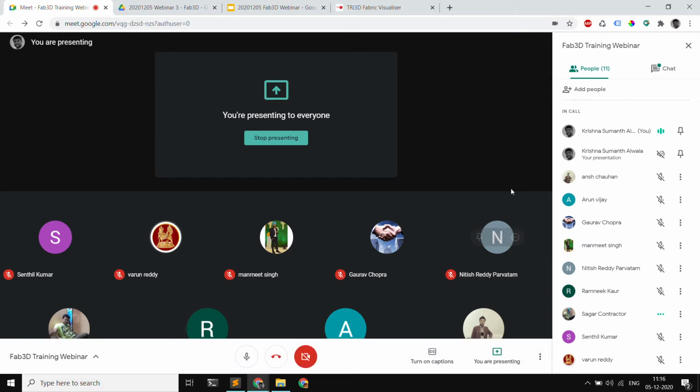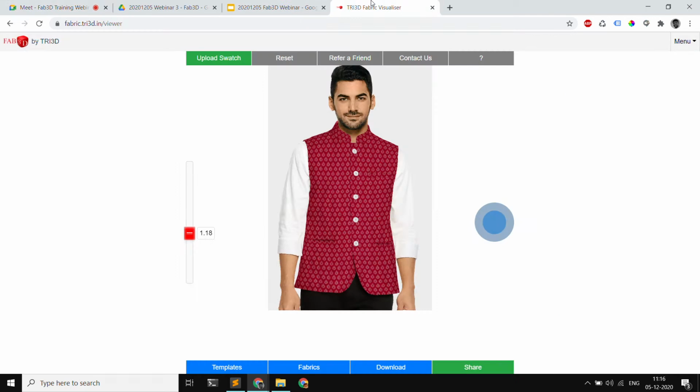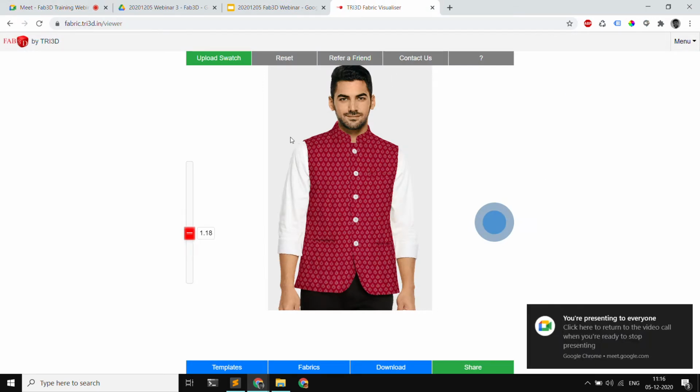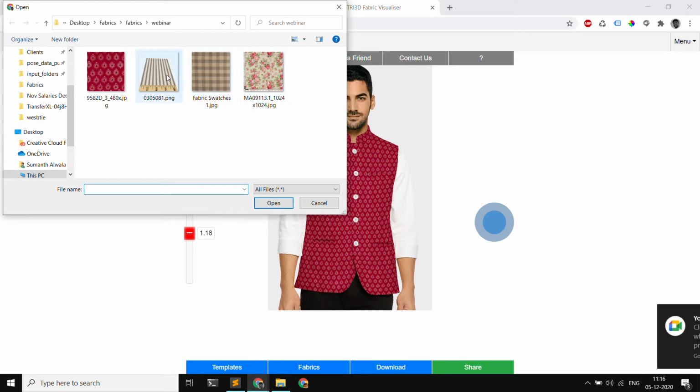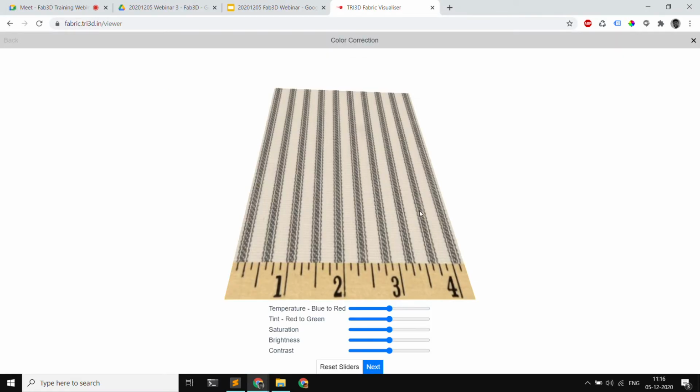All right. So let me move on to another kind of fabric that we can do. I'll just click on upload swatch. Like I've said before, the swatch need not be a perfect rectangle that we are clicking the photo of. It can be slightly skewed like this also. Sometimes when we click a photo on our mobile, the lines don't come exactly parallel like a rectangle or a straight line, so they can be a little bit skewed, or there can be some perspective like this. These images are also fine.